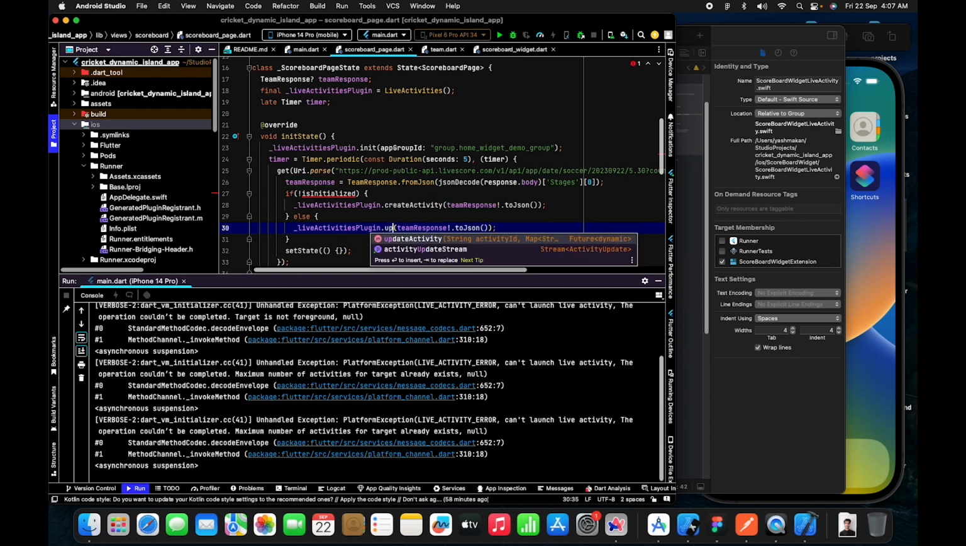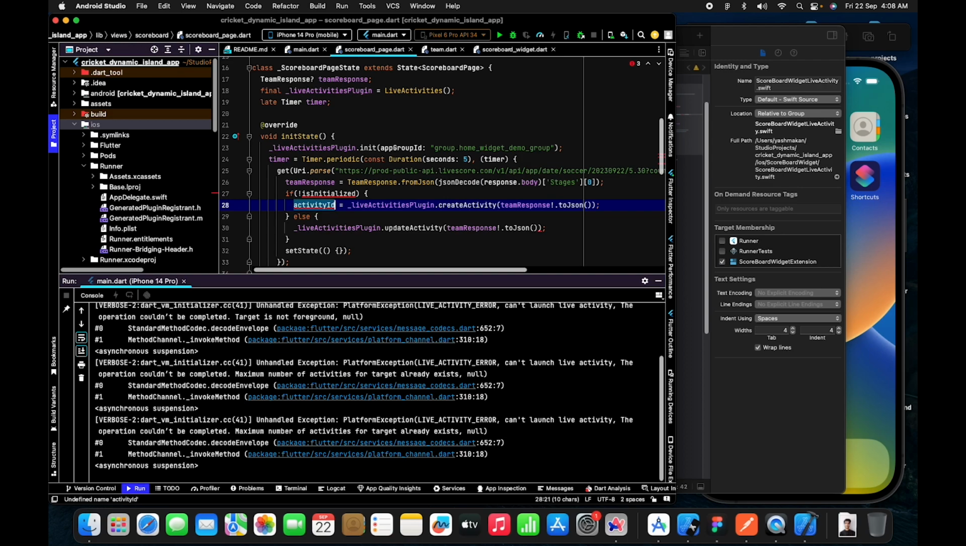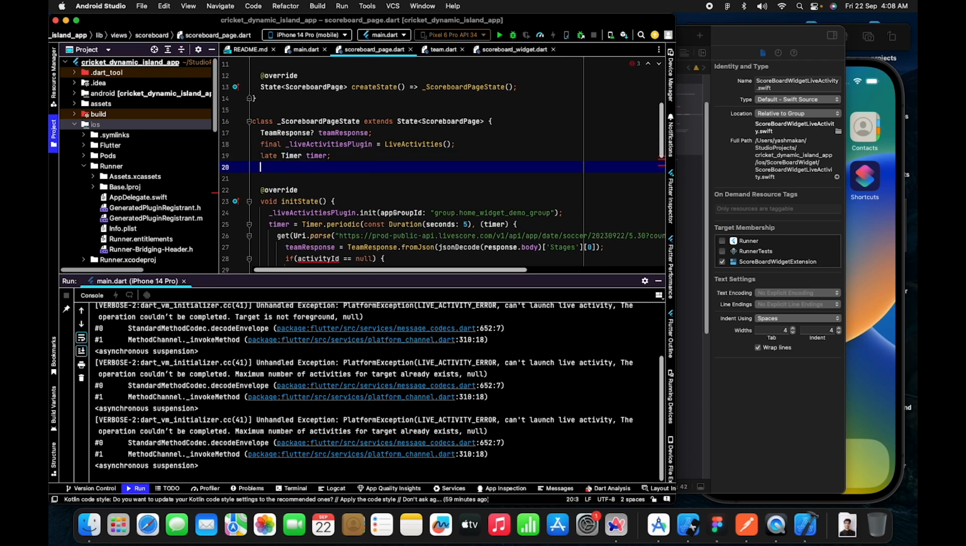Multiple activities we cannot make. So we will update the activity with the activity ID that we will pass. Awesome. So this create activity will give us an activity ID. So activity ID, let's get that. And if activity ID is not equal to null, then we'll call that, otherwise we'll call this. Now this activity ID will be a nullable string,